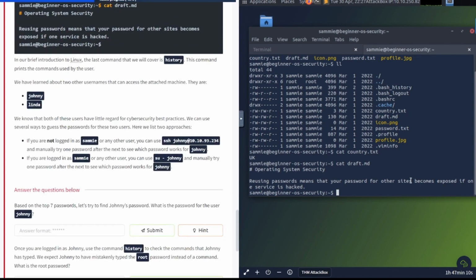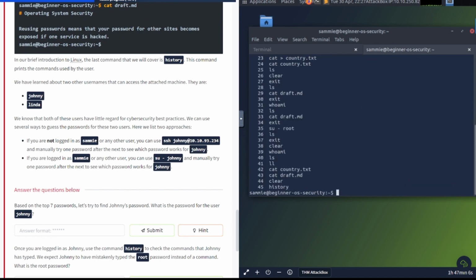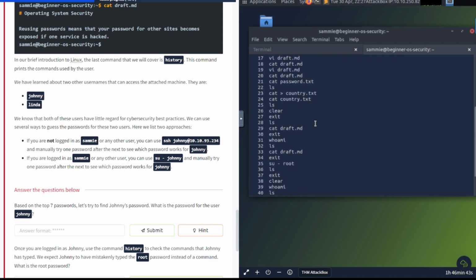And to check history, you can type in the history command. So I'm going to clear this out here. All right, history shows stuff in here, what's been run. This can be useful as well to see what commands that specific user was using, so you can gather up some more reconnaissance details, enumeration details, whatever. All right. So we've learned that 2 other usernames that can access the attached machine are Johnny and Linda. All right. So if you scroll through here